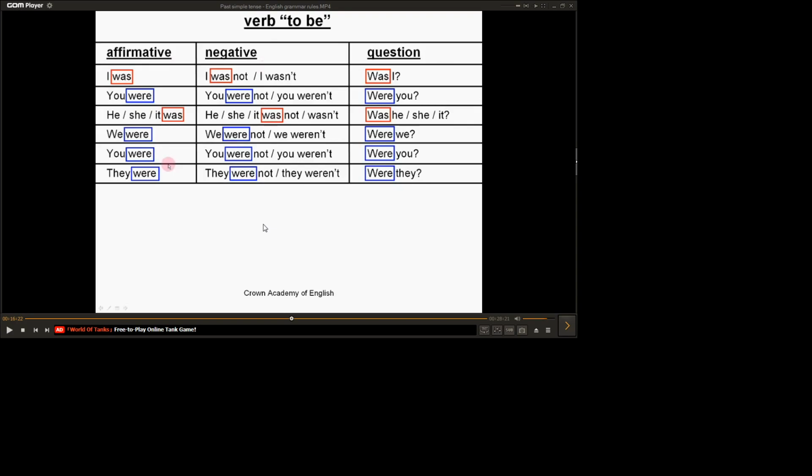Okay. So in red, this is the past simple. The past simple. And in blue, these are time expressions. These are time expressions which represent